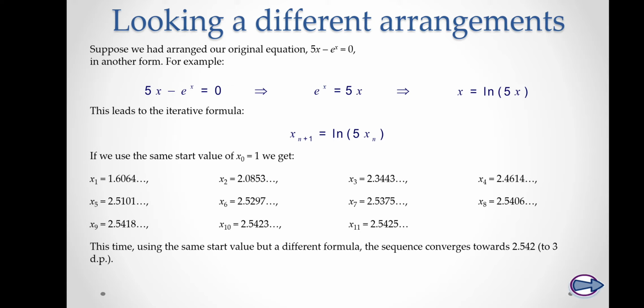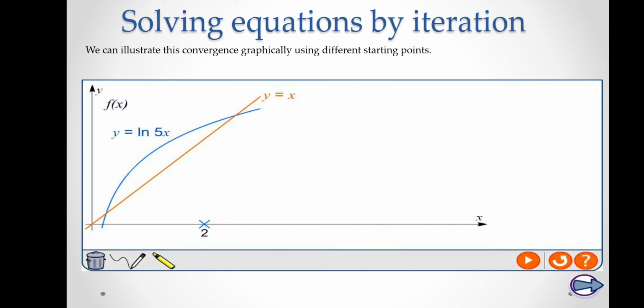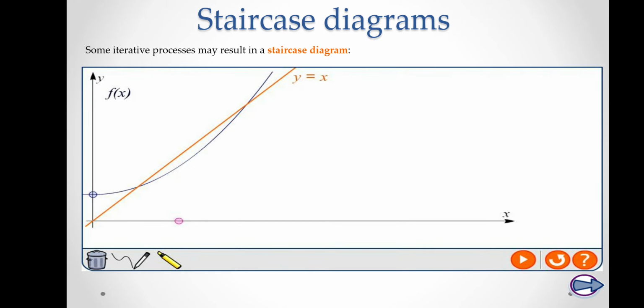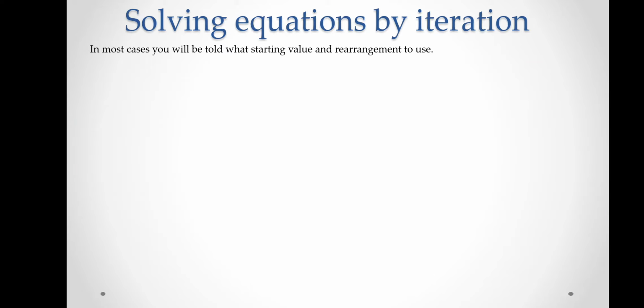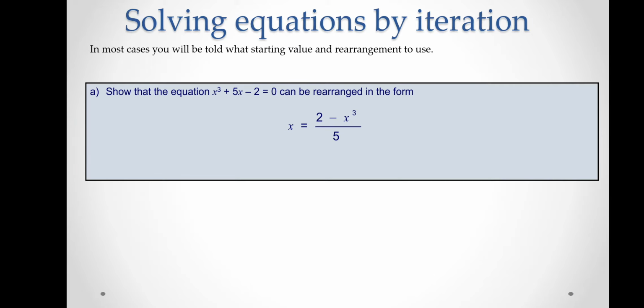So this time it has come to 2.542, right. So this time the answer to the equation is 2.542. Because see, when you equate ln 5x and x, there are two answers. And when you equate ln y equal x, another one, two answers are given. So that's why they are giving two answers, right. Okay.